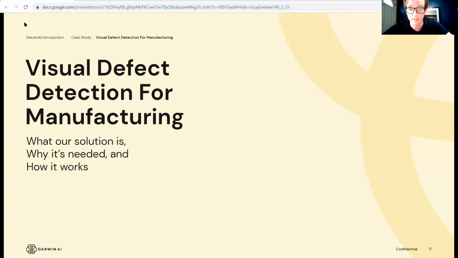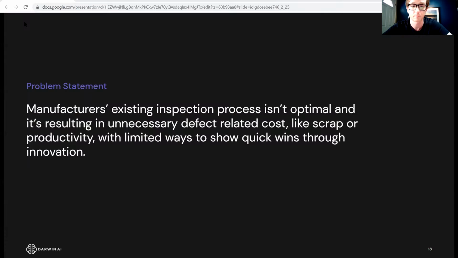And hopefully that explains why finding defects is so important to develop an innovative solution for. Now I'm going to transition to how we're approaching our solution, which is visual defect detection for manufacturing environments. So first, a problem statement. Manufacturers' existing inspection process isn't optimal, and it's resulting in unnecessary defect-related cost, like scrap or